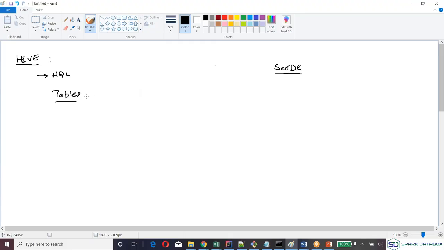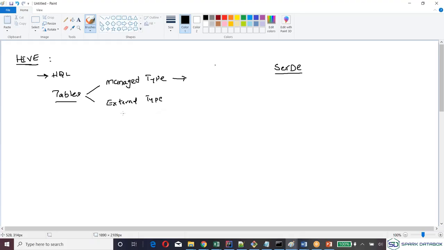Here there are two types of tables. There are actually four tables, two types and four tables. One is managed tables. The other one is external tables. Managed means it is managed by Hive.